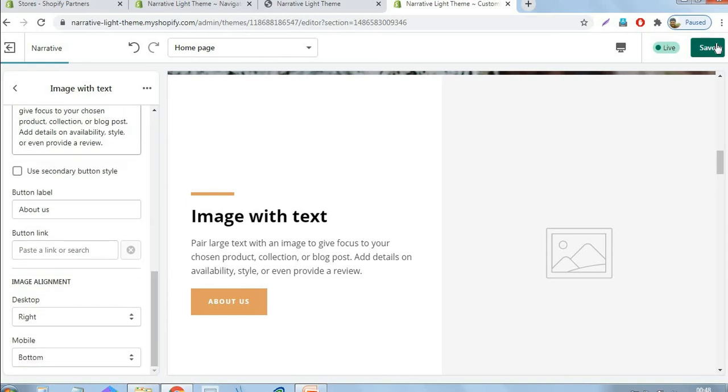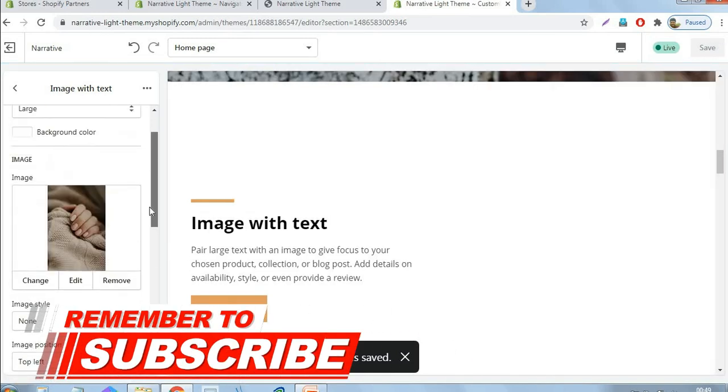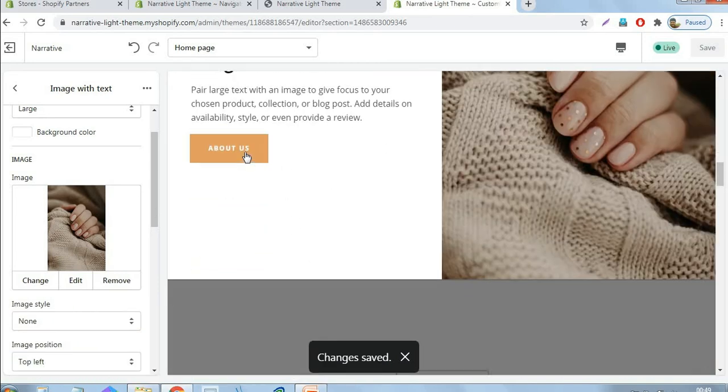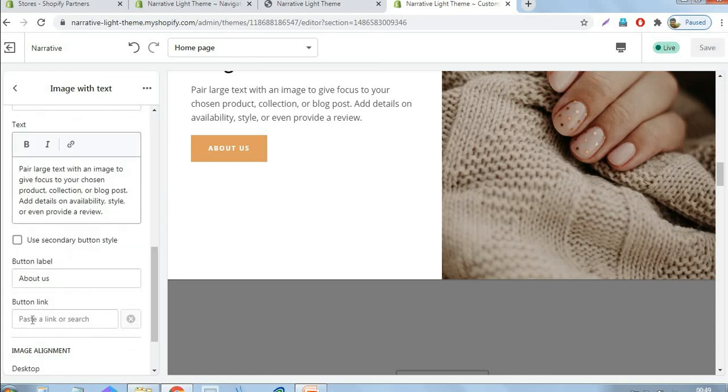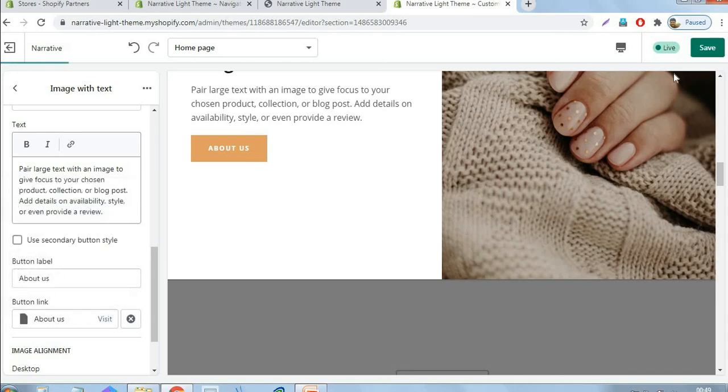Okay, you just click the save button. Okay, we can link to about us. Yes, button link is going to about us page. About us. Okay, just click the save button.